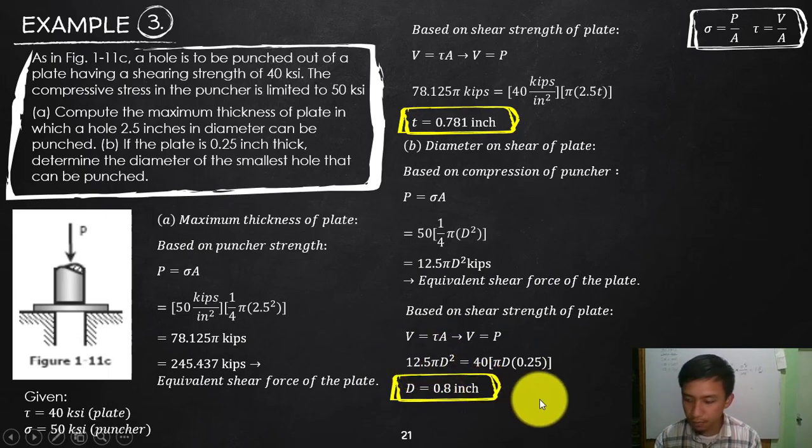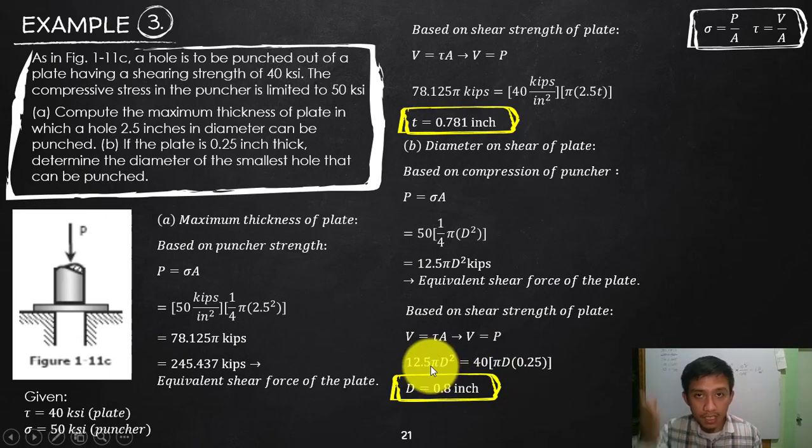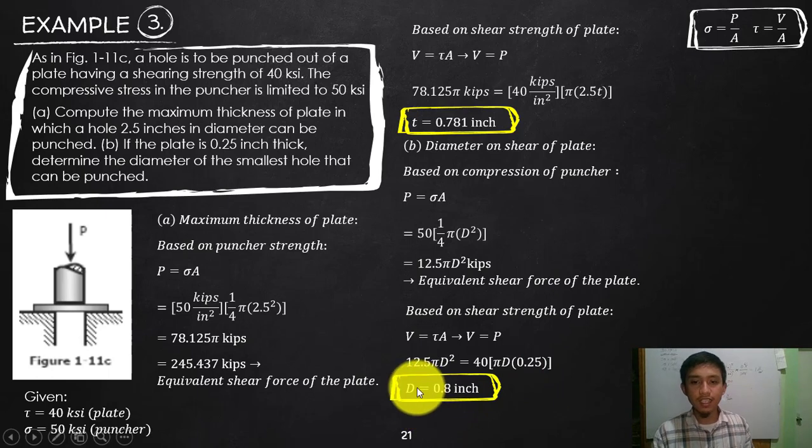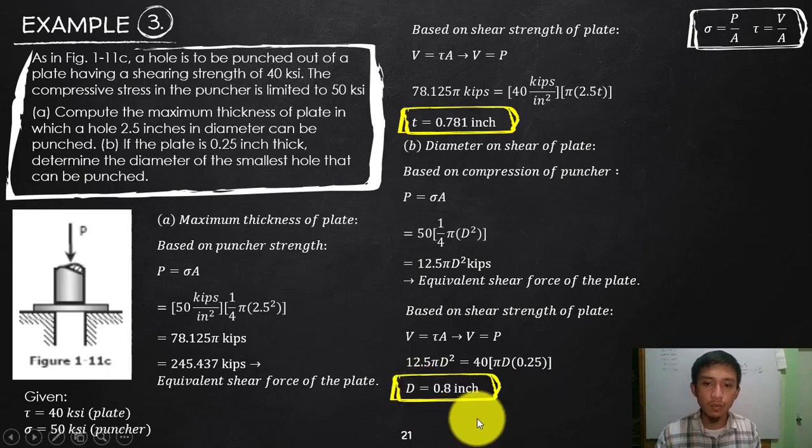So cross multiply that below, so that you will now divide. So pi and pi will definitely cancel as a whole. So that is the reason why I did not multiply. So you will end up here with 40 times 0.25 over 12.5. 4, that is 4 over 5, or that is 0.8 inch. Okay, so that is the D, the smallest D that we can punch to maximize the strength of the puncher